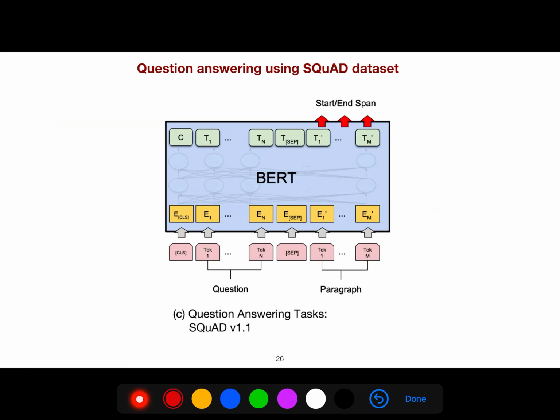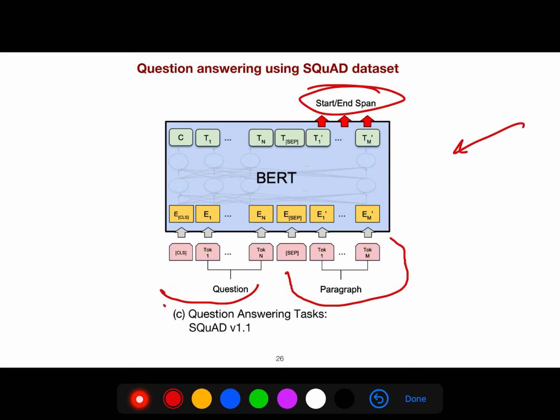But you can also use it for question answering. If you see my playlist for question answering, they have used BERT in one of the papers that I've explained. So we give the question and the answer is inside this paragraph. We don't know where, but we find the start and end span of the answer. So we learn that. But the reason I don't like this approach is because it's